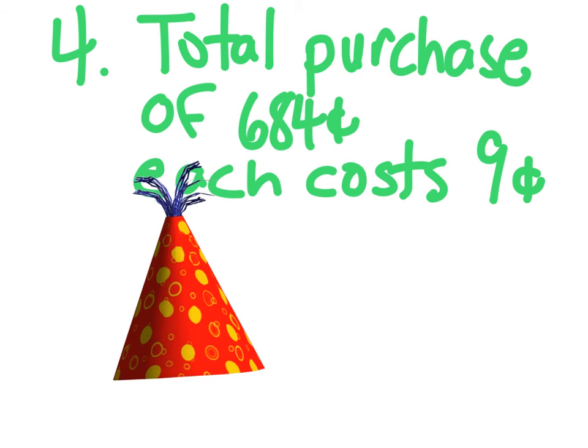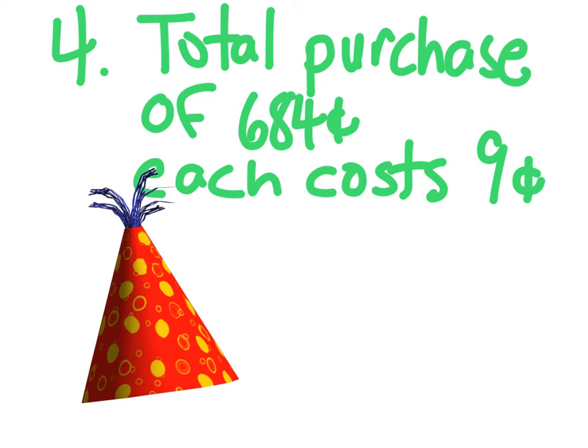But the question becomes, you have the total, which is 684 cents, or we could say $6.84, and we know that each one costs 9 cents. So how do we figure out how many of them somebody bought? Because we have the total and we know what each one costs, then we need to divide. So you need to divide 684 by 9 and tell me how many hats